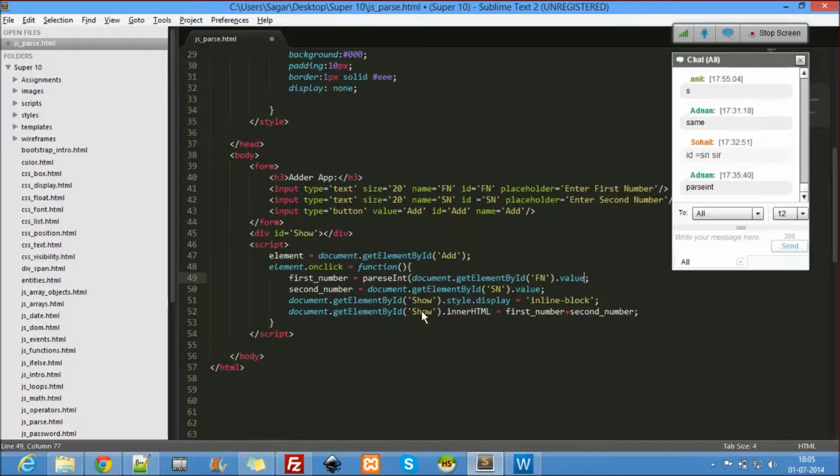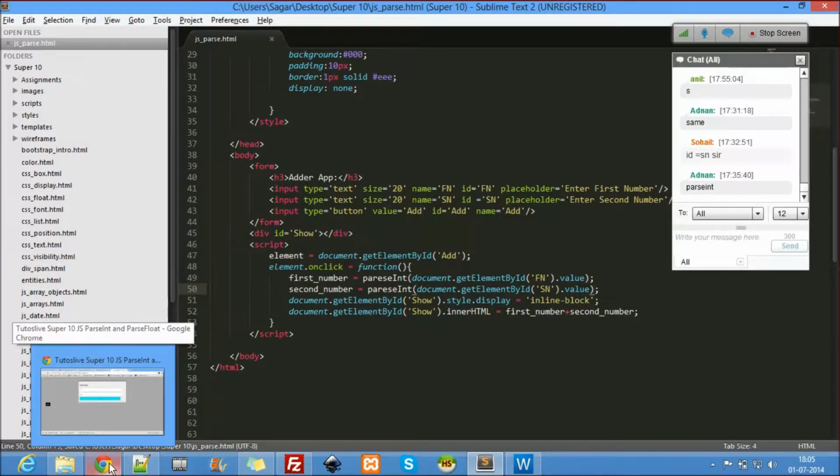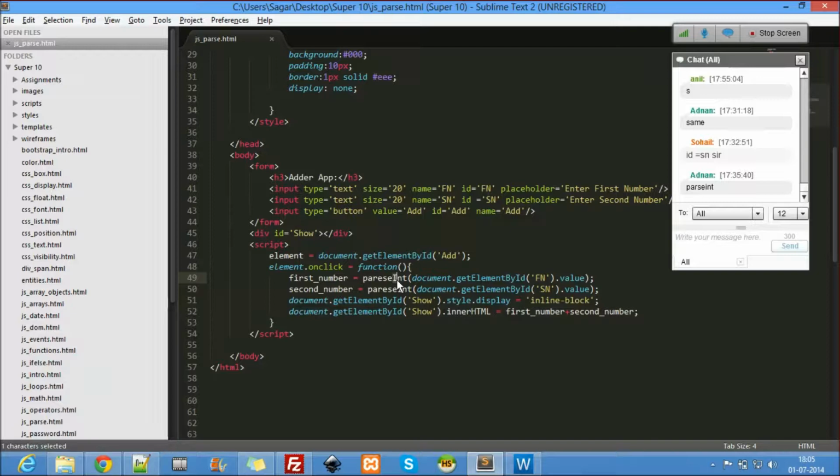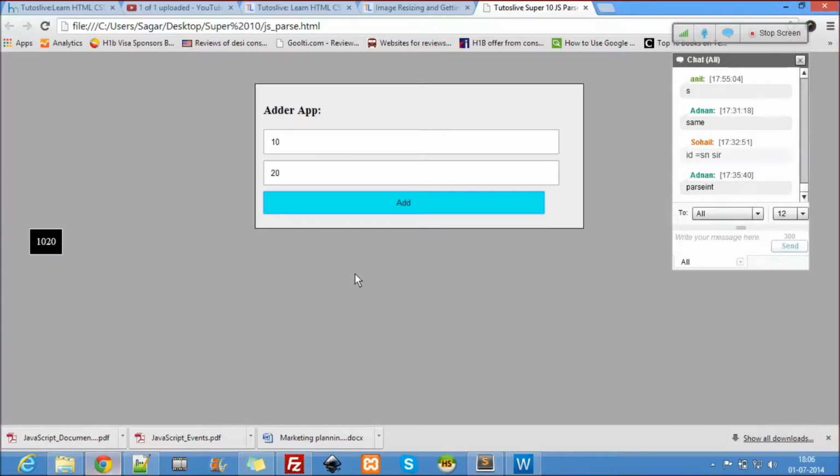Just before I take the value, I'll say parseInt. parseInt will convert a string into an integer. Remember the syntax: int, capital I; parse, capital I. This is a mistake most newcomers make.